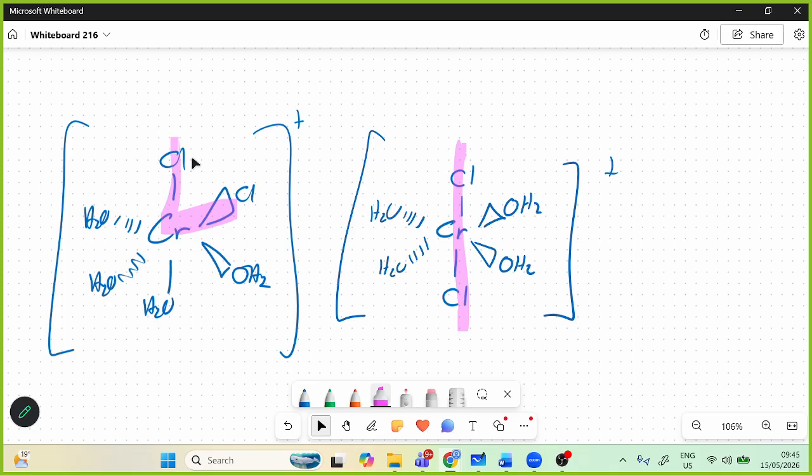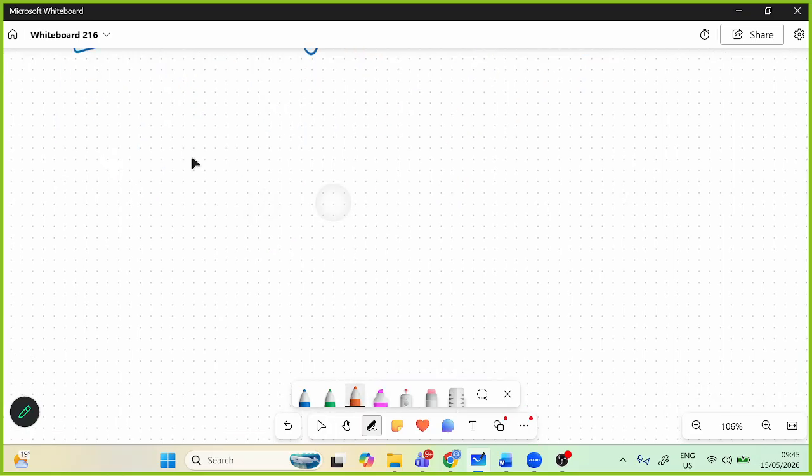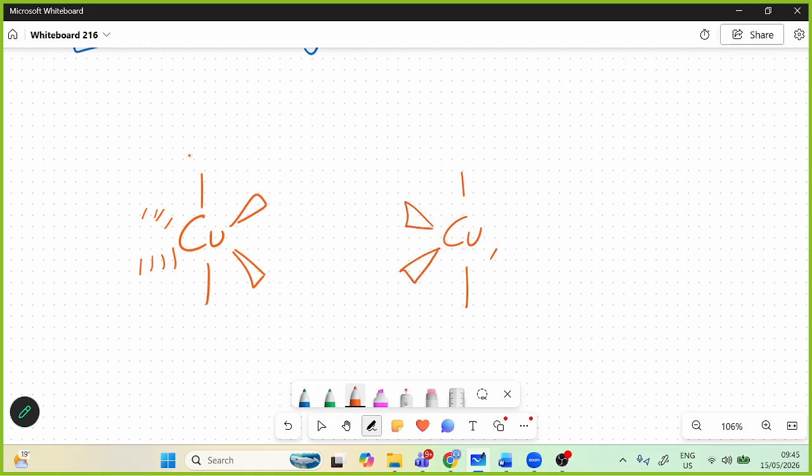Once we are okay with this, then there is the other one, which is optically active. And the optically active one was the copper and ethane dioate. Note what I am doing. I am first drawing the structure. And the structure should be a mirror image. And then with ethane dioate,